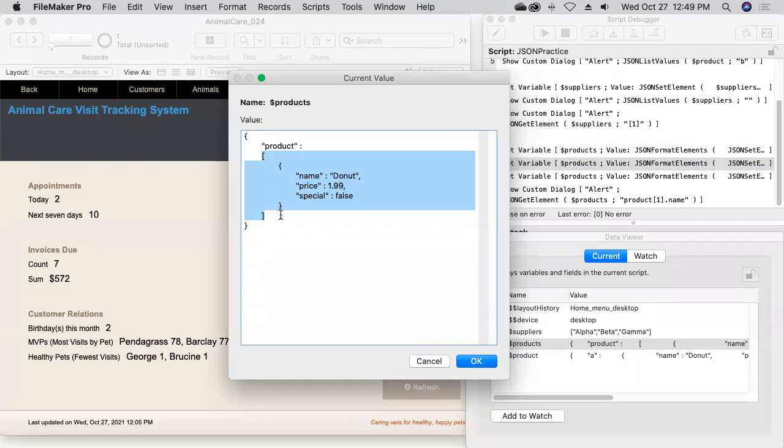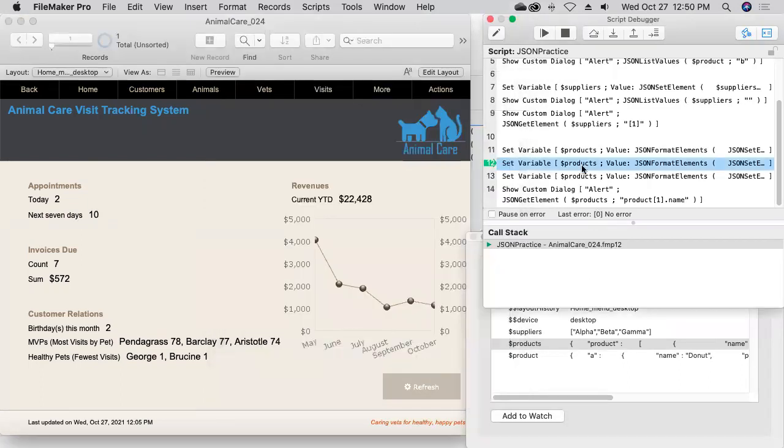And then within that row of the array is an object. Objects are surrounded by curly braces, and that object is full of 3 key value pairs, which are so self-explanatory. Nice, that's working well. And then we're going to continue on in the same manner, adding 2 more rows to that product array. I'll step into that one and then step into that one, and I'll show you the end